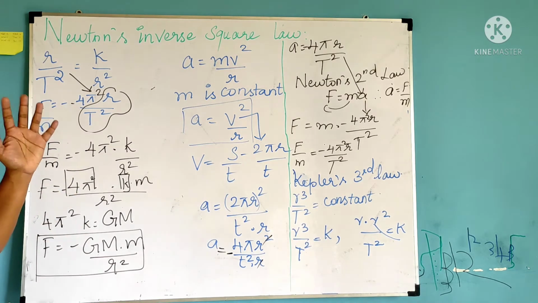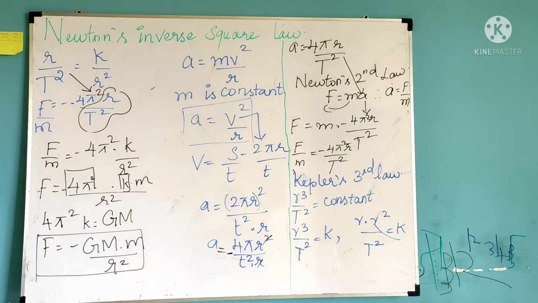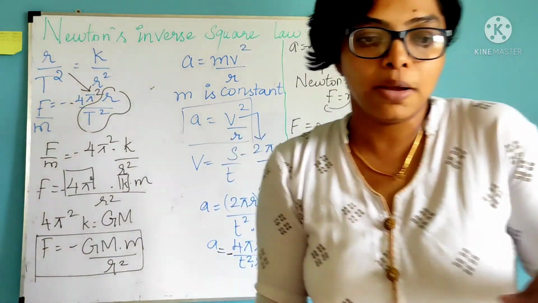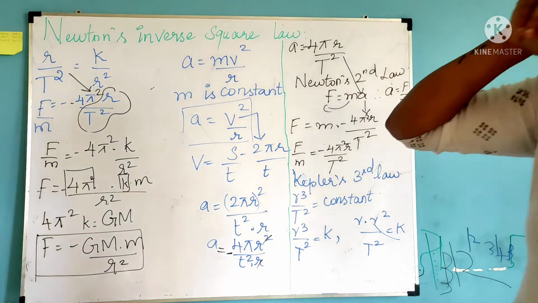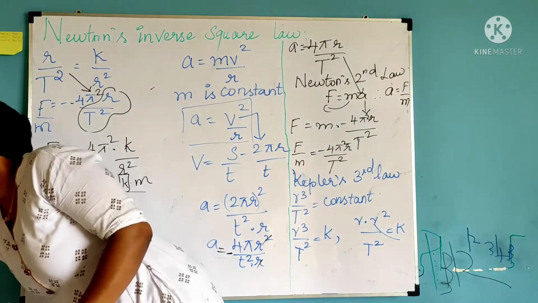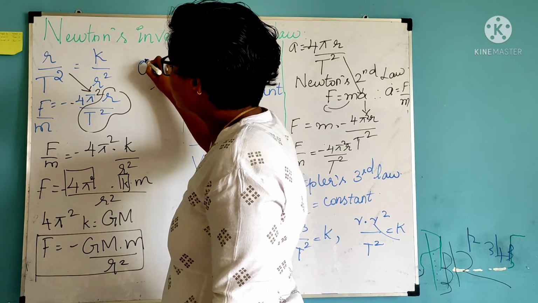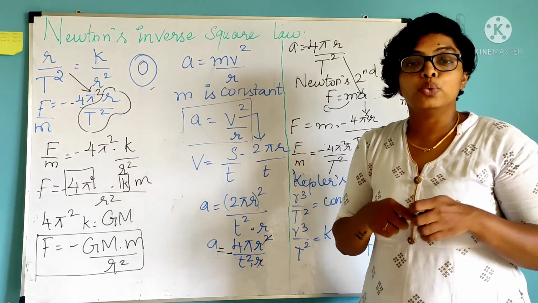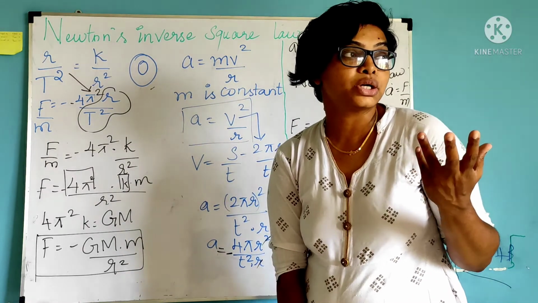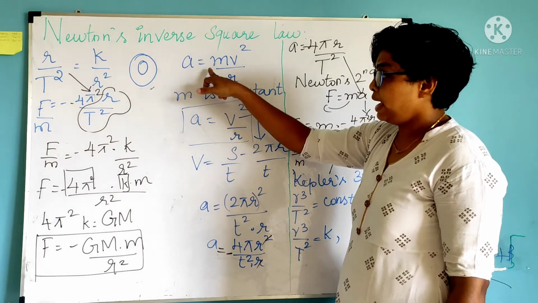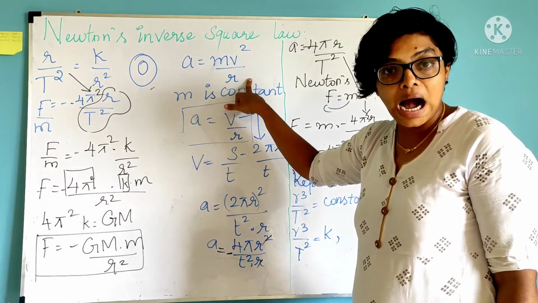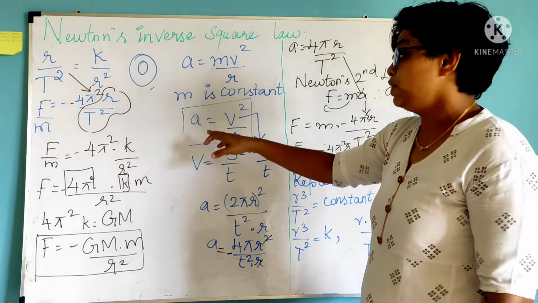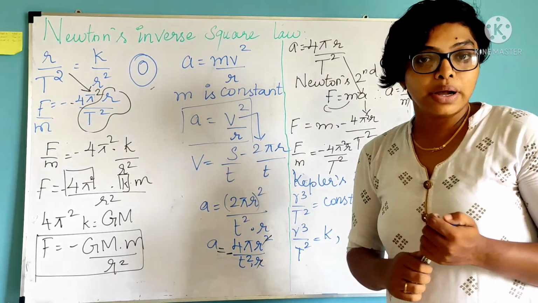Is it clear? So from the beginning I am going to explain. Just listen, and whatever doubts you have, you can ask me in the chat box. You can comment, okay? First, in the beginning, I started with the diagram that we have a sun at the center and earth revolving around in a circular orbit, which acts with a centripetal force, giving centripetal acceleration. That formula is a is equal to v squared by r.